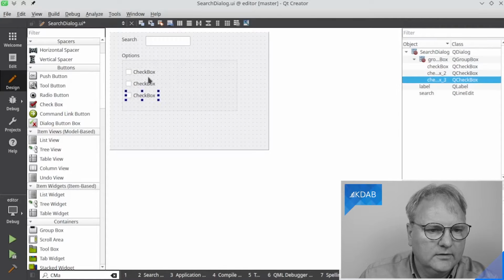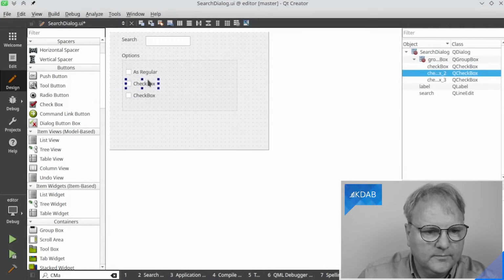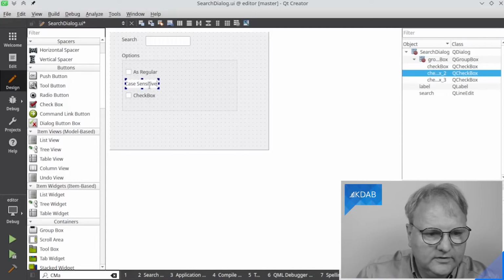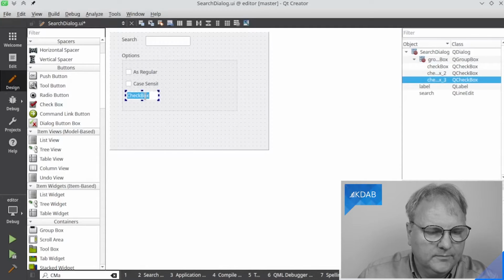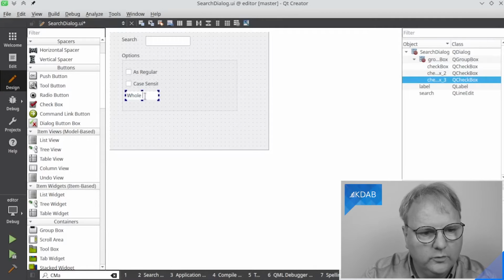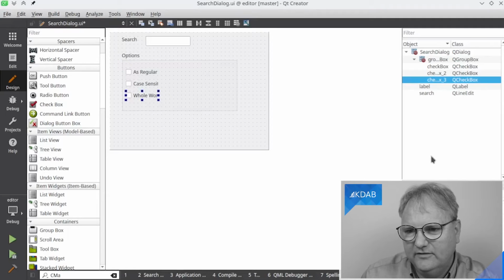And as regular expression, case sensitive, and finally whole words. It doesn't look all that good yet, and obviously I haven't given them good names, and you can